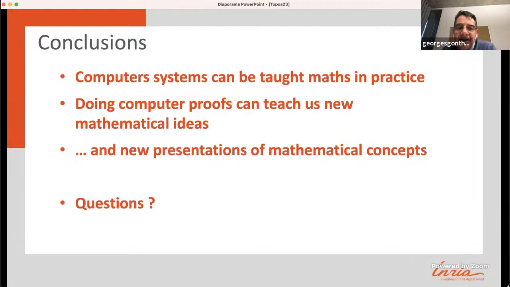So my takeaway message is that computer systems can be taught to do math in a practical way, and doing this isn't just purely an exercise in hacking. It actually teaches us new ways of looking at maths and possibly even new mathematical ideas. So it's quite a fruitful exercise, at least it has been for me. And with that, I'll